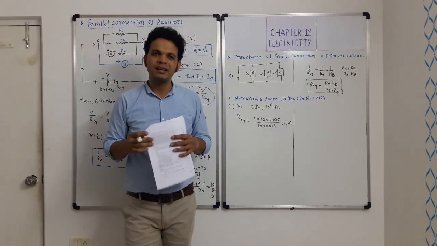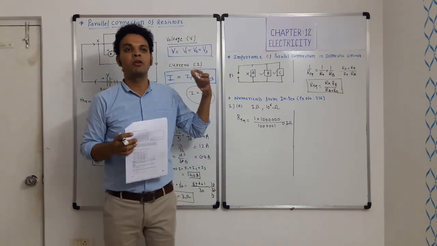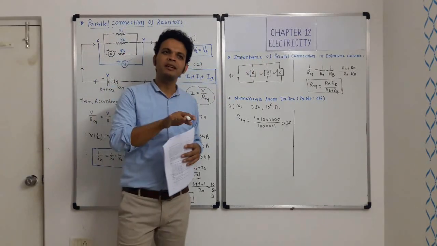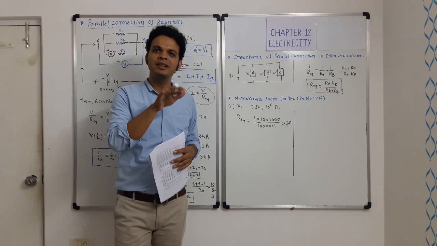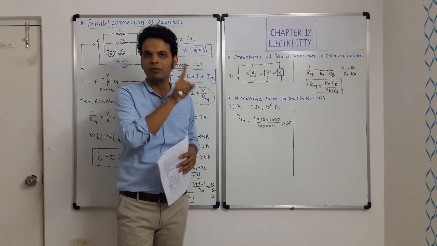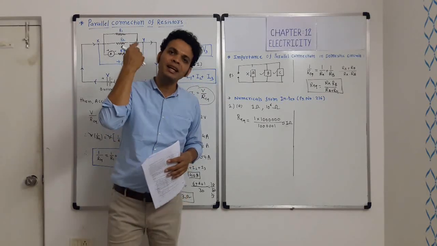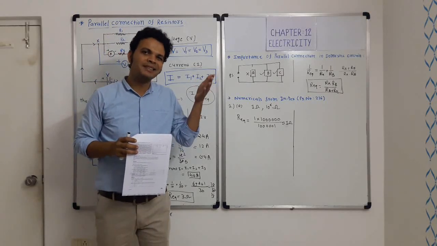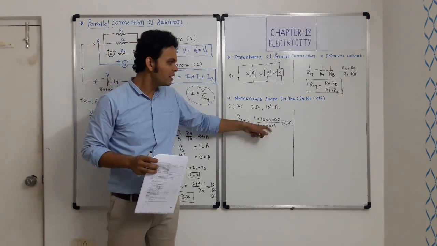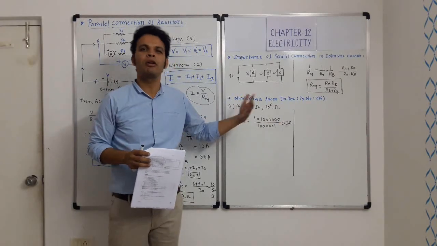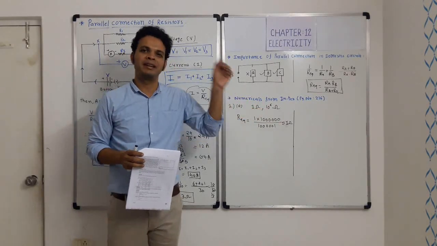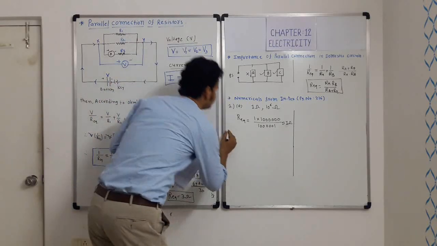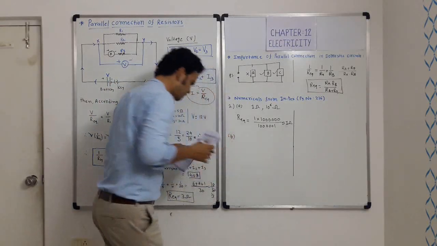For example, three resistances 1 ohm, 10 ohm and 100 ohm are connected in parallel. The equivalent resistance is smaller than the smallest one. The smallest one is 1, and by connecting three all in parallel, the value of equivalent resistance is even lesser than 1 ohm. So this is even lesser than 1 ohm, but it is almost equal to 0.9999 something. Okay. Part B. So what is that in part B?